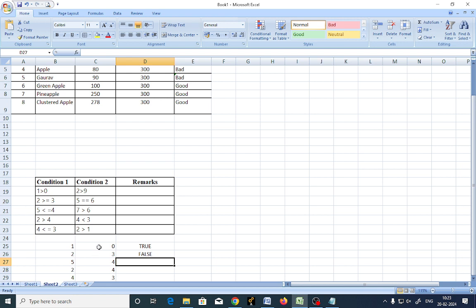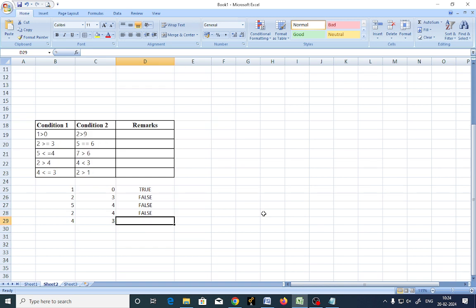Okay, next check out the condition here. Equal to this is less than or equal to this one, false. Correct? 5 is not less than or equal to 4. Next, 2 is greater than 4. False. Now let us check out here. 4 is less than or equal to